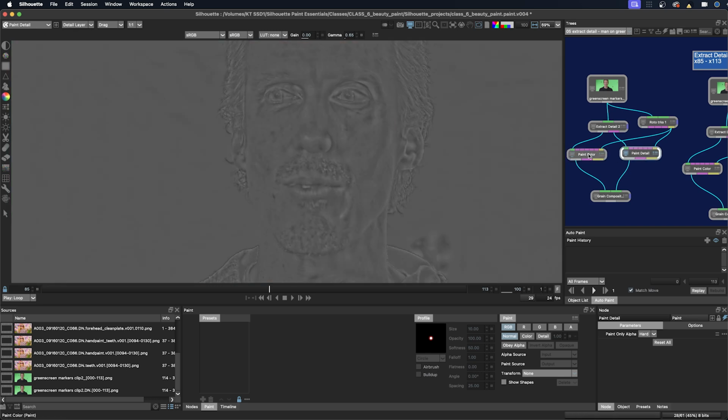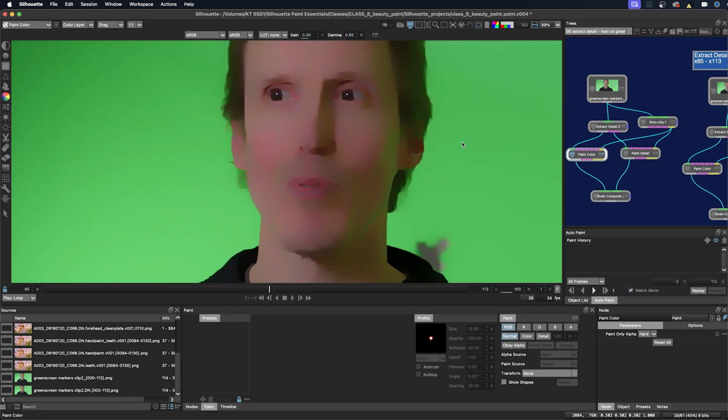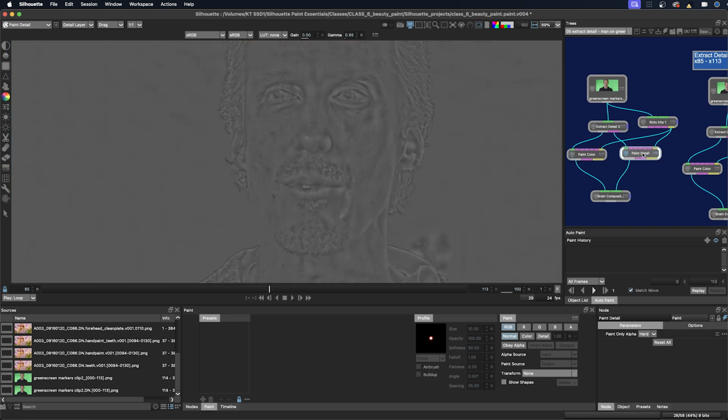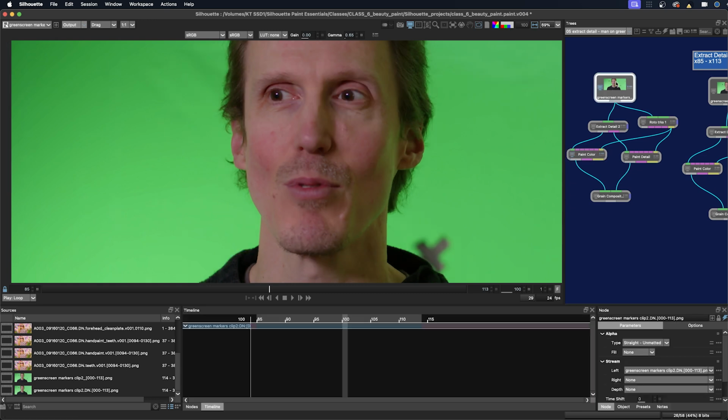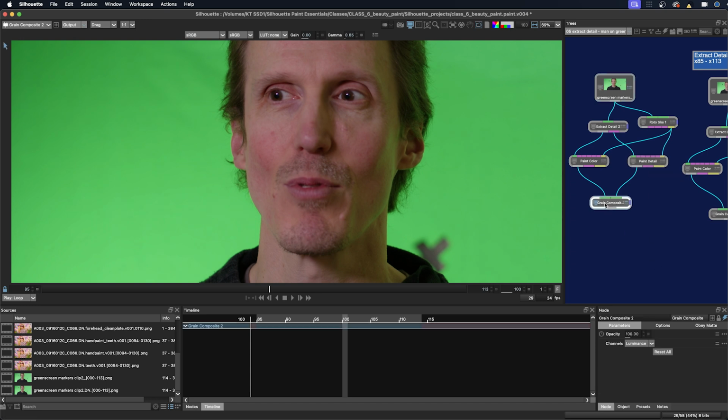It looks a little bit different depending on which node you're clicked on. So you want to make sure if you're in the color node, you're looking at the color. And if you're in the paint detail node, that you're looking at the detail, which is the detail layer. And if you want to just look at the output, go back to the source, and then you can paint individually on these layers. So if I'm painting in the color layer, I'm going to preserve the detail, and if I'm painting in the detail layer, I'm going to preserve the color. And then you composite them back, and both paint strokes will all appear here combined.